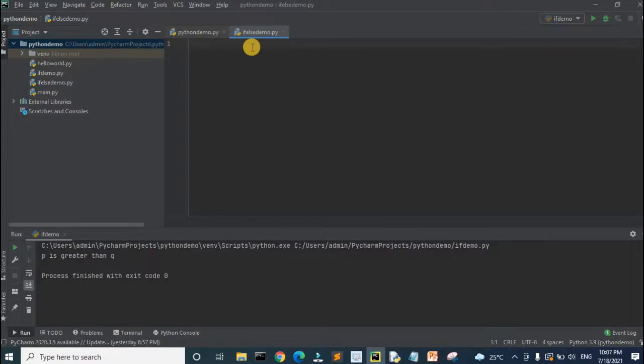I am starting this with initializing a value for the p variable as 1. Then I am writing my test expression, if p greater than or equal to 0. Then I am printing the message as p is a positive number or a 0 value.